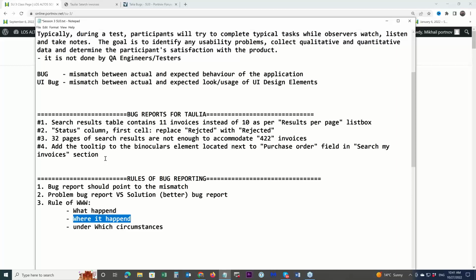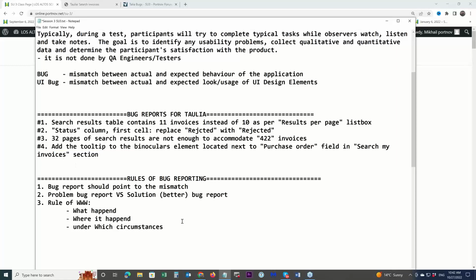I will maybe rephrase a little bit, and instead of solution, I will make it more like a problem. But again, in nature, it is still about solution because we know what should be done, so we don't have to look for solution. But in the style of my bug report, you know what?